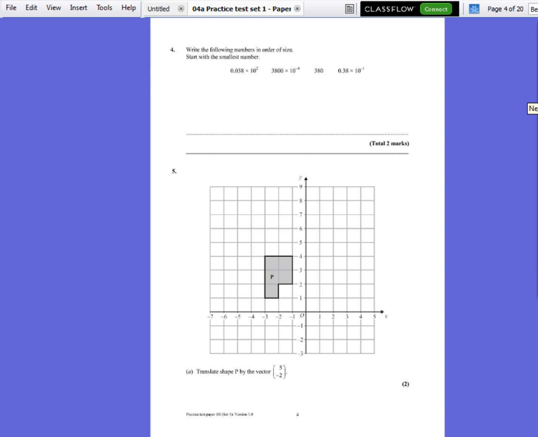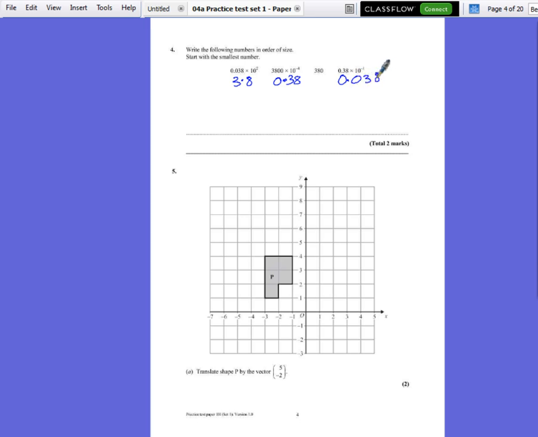Question 4. Write the following numbers in order of size, starting with the smallest. Well, first things first, I'm going to put them all as ordinary numbers, so 0.038 times 10 to the power of 2 will give me 3.8. Second one will give me 0.38 because you divide by 10 4 times. 380 is just 380, and then the last one will be